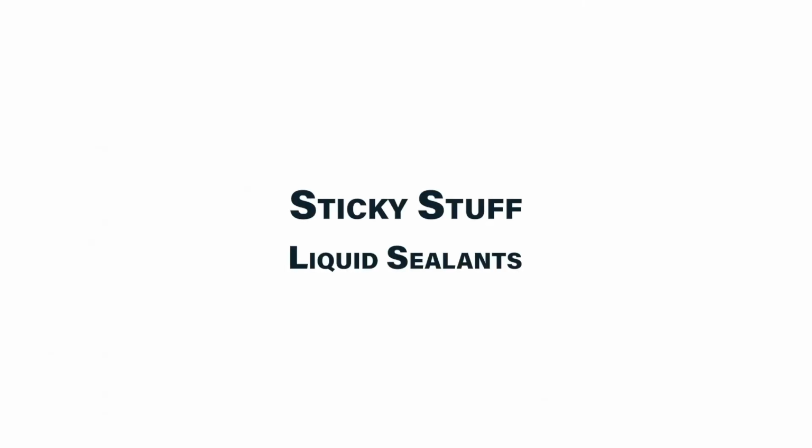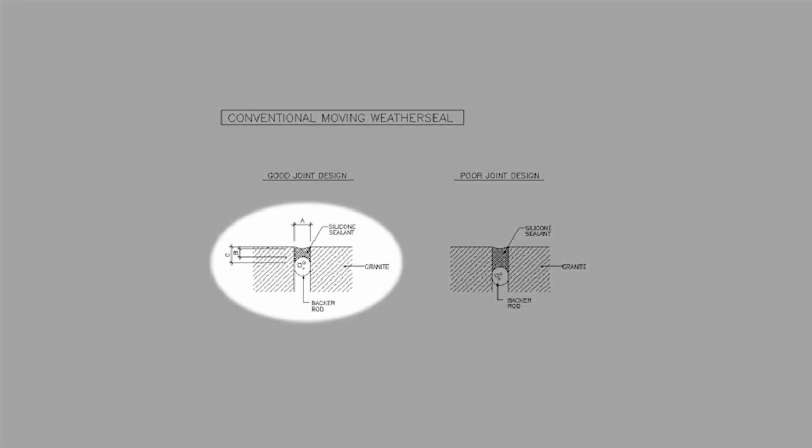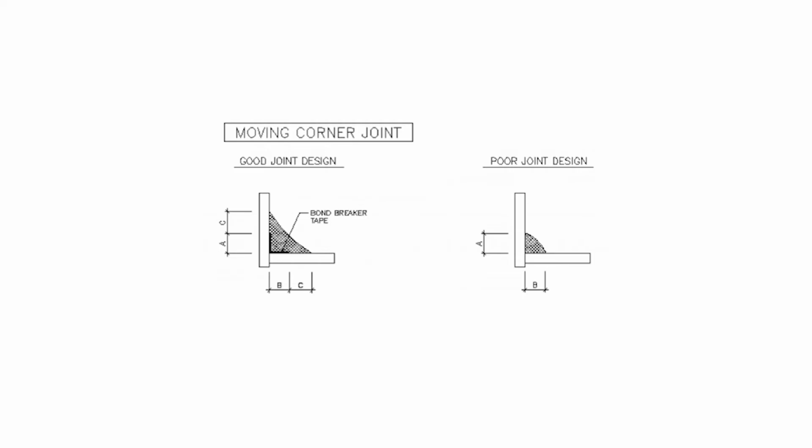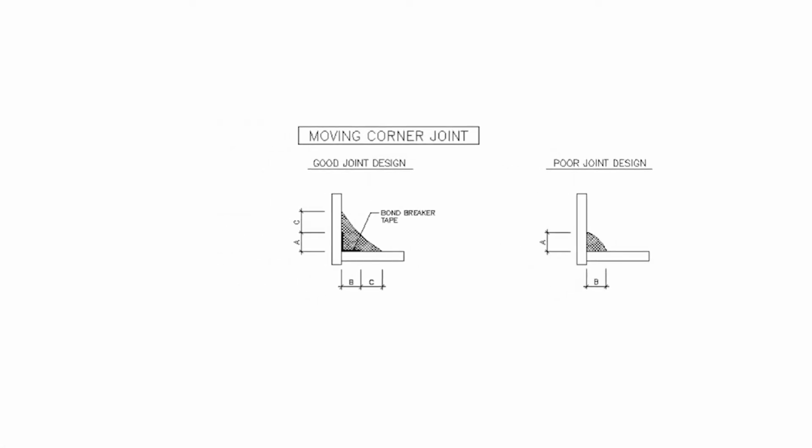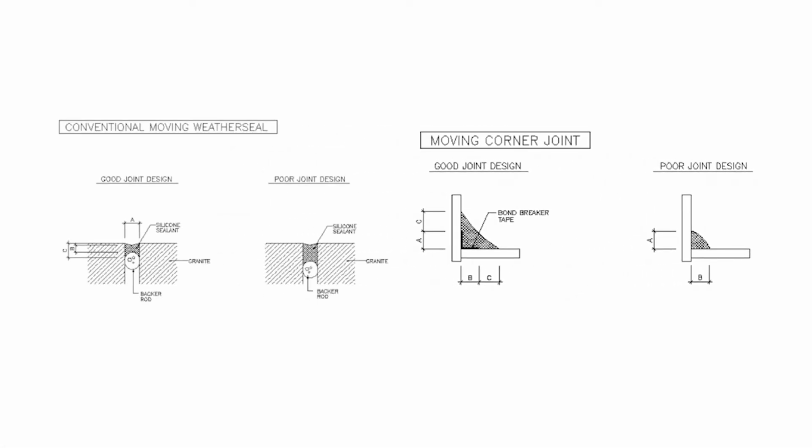There are two types of joints that liquid sealants can address. This first image is a planar joint with the sealant taking the shape of an hourglass and with backer rod in the joint below the sealant. The second image is a corner joint. The sealant bead goes into the corner after a bond break tape is installed in the corner as well. So in both configurations, note how critical the joint and sealant performance is to the proper bond break at the